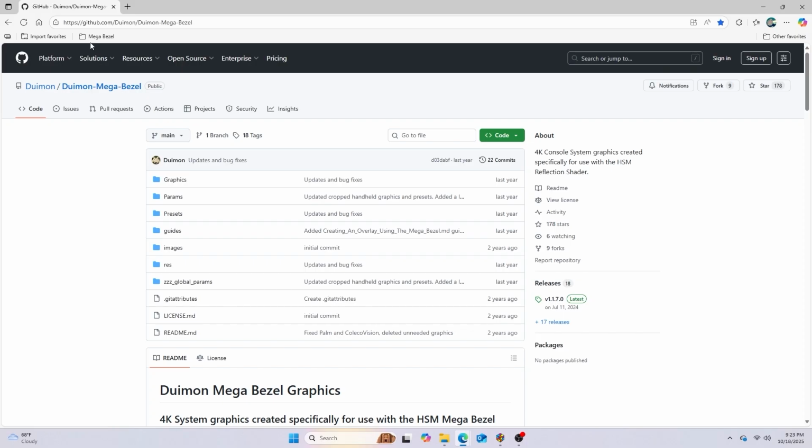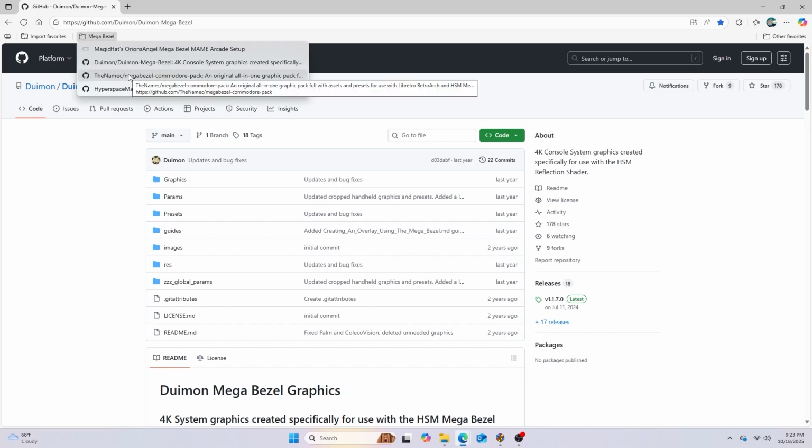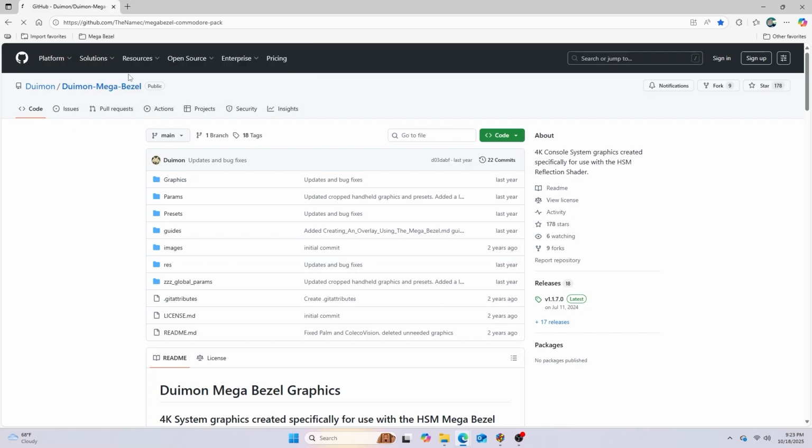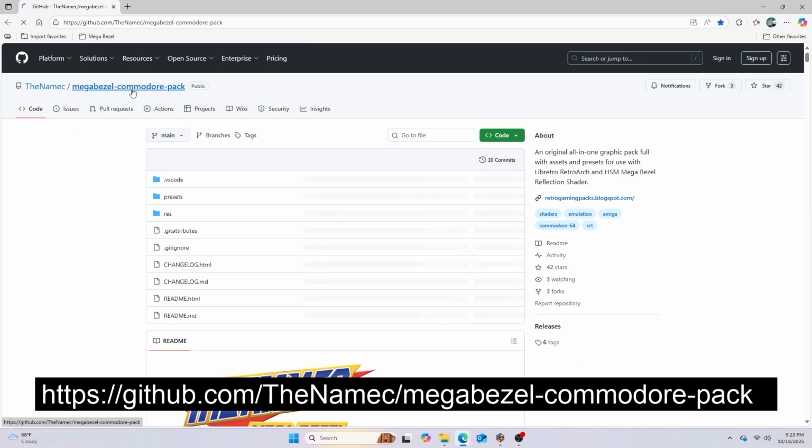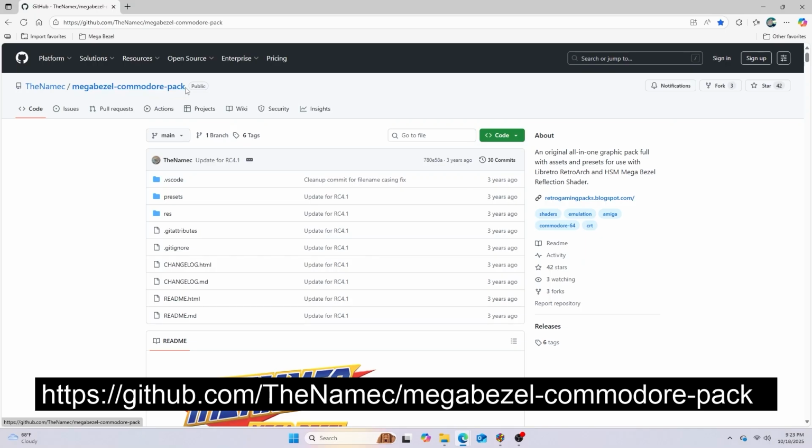I don't know how you say it, TheNamec has a Mega Bezel Commodore pack. It's at github.com/TheNamec/Mega Bezel